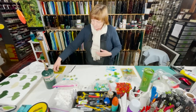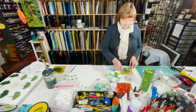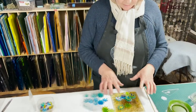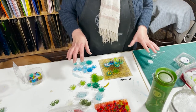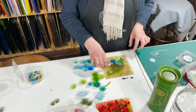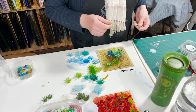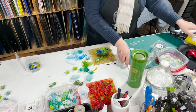So what I'm going to do is show you how I go about putting these pieces onto my panel. It's a pre-fired panel. So what I do is lay the flowers out and my little components out the way I want them to be, and then I start actually gluing them on. So I'm going to remove that gently, and I'm going to glue them on with silicone,